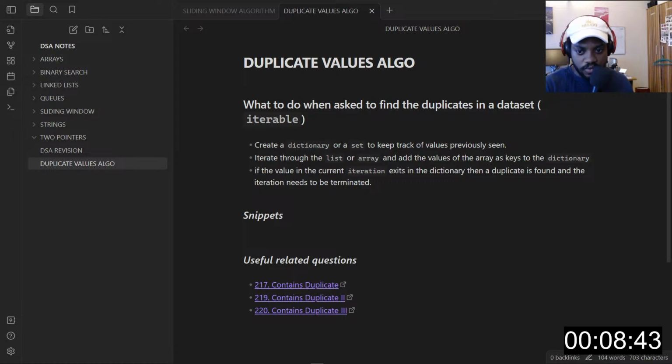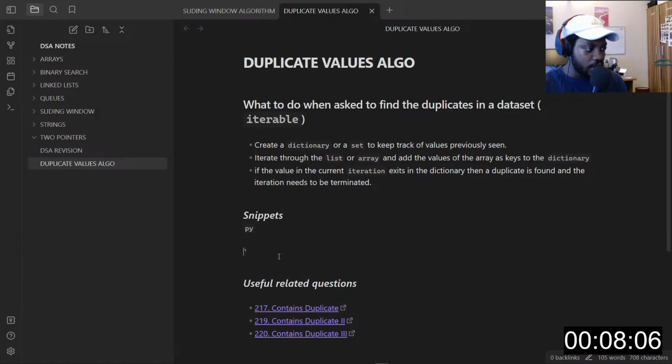Question 217. Okay, so I can copy this part. I think I can do this as py, right? And then put this here.